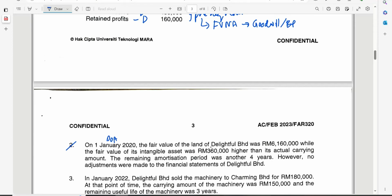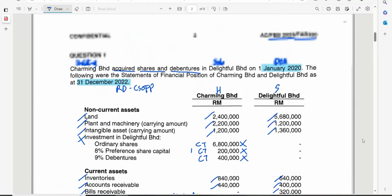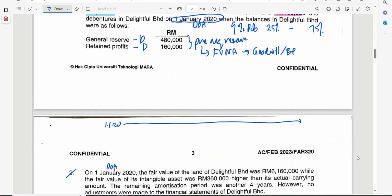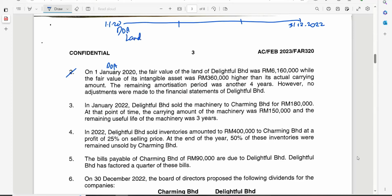So here, let's just draw a timeline, 1st of January 20. And the date that you prepare your consolidated statement is, again, to check, it was on 31st of December 2022. So this is 2020 here, 2021, and this is 31st of December 2022. So okay, this is the date of acquisition. On this date of acquisition, you are informed the fair value of the land was